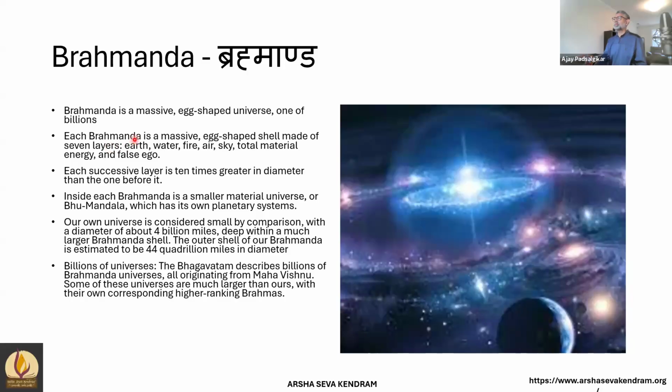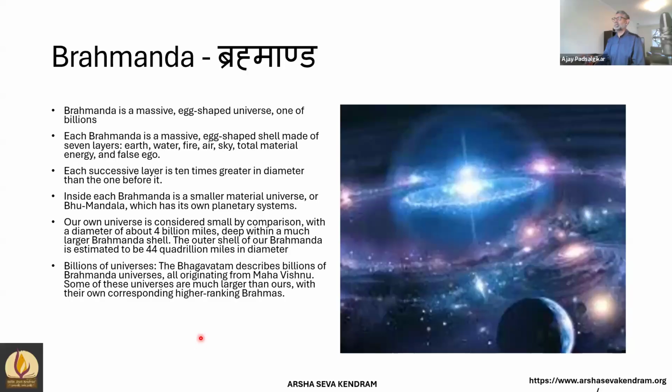So it talks about the composition of Brahmanda in 7 layers. Each layer, as you go along, becomes more and more subtle and more difficult to observe. And each layer, they say, is about 10 times greater in diameter than the one before it. So inside each Brahmanda is a smaller material universe called the Bhumandala, which has its own planetary system. So we are part of one tiny aspect of Bhumandala, a tiny aspect of Brahmanda in general. And our universe is considered much smaller in comparison with other universes